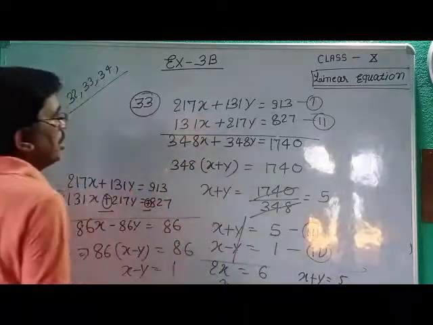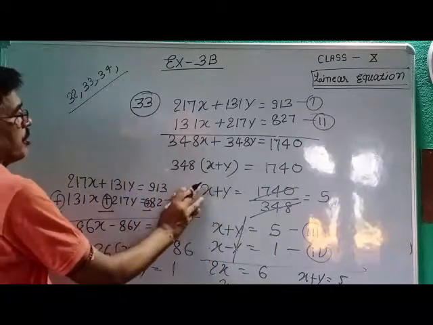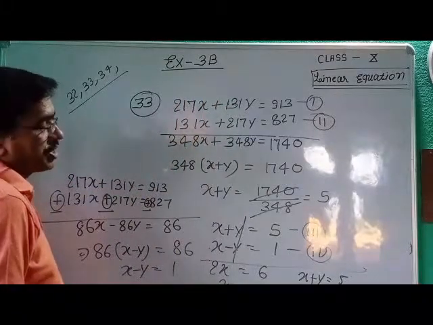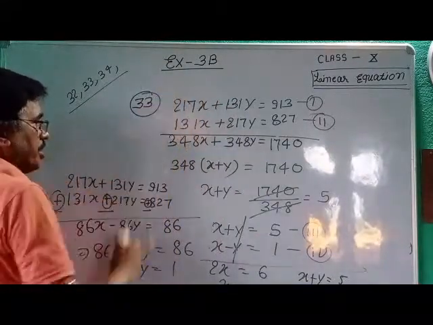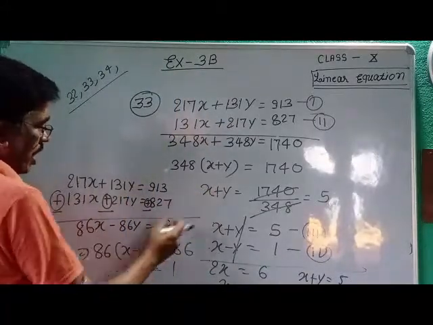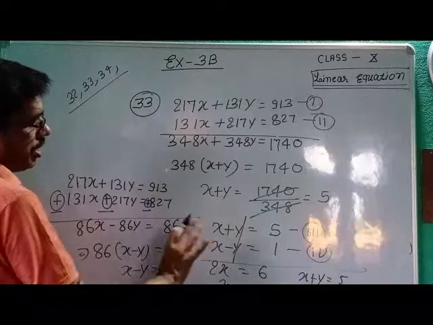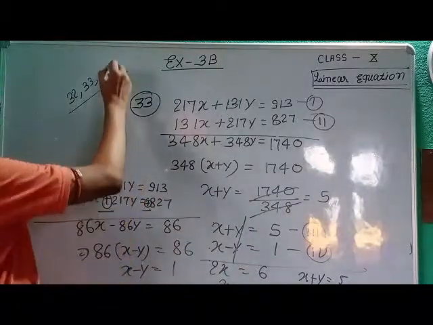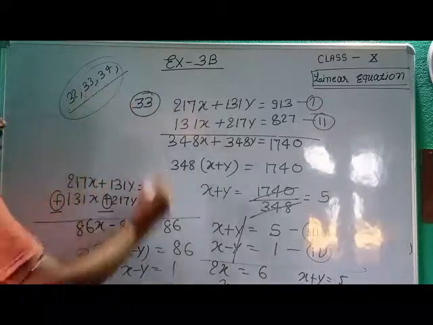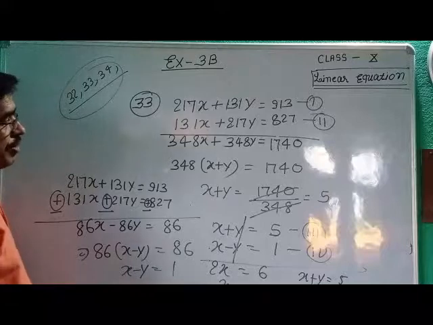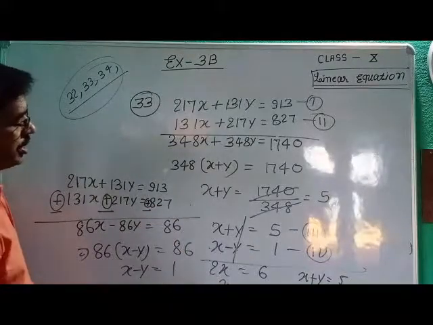It is the solution. And you can solve by this process without multiplying the coefficients of equations first and second. You only add it and one time subtract it. Then you get two other equations, and with the help of those two equations, you can find the value of x and y. So dear student, you solve the other three questions, 32, 33, 34 by this method, and also 2 or 3 questions in the given examples. So try to solve by this process.